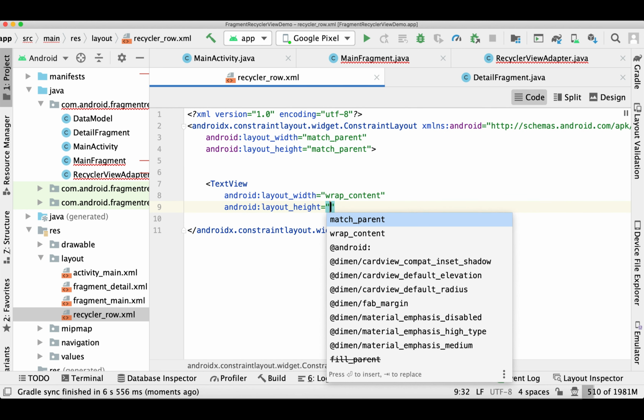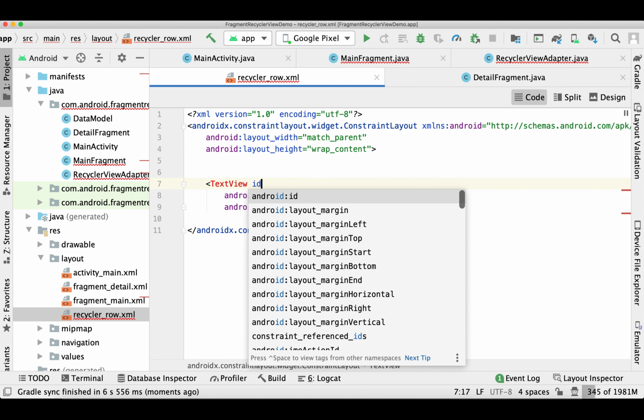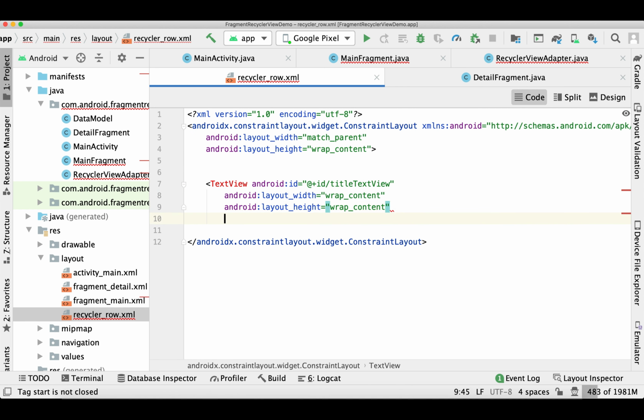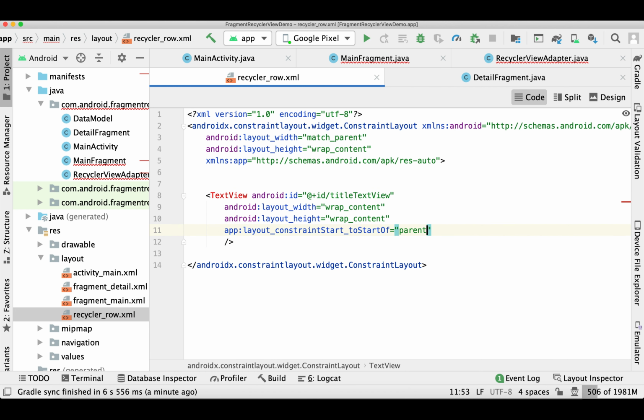In this layout, I'm simply adding one text view, which is basically going to display one line of text in the recycler view.